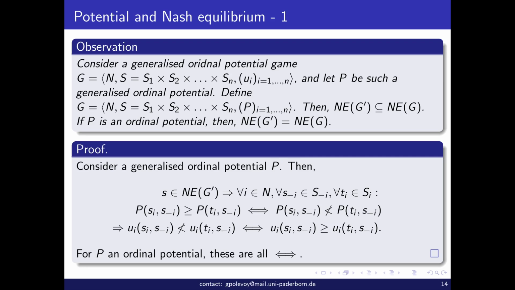So consider a generalized ordinal potential. Then if you have an equilibrium in the game where we have replaced the utility functions with the potential function, then by the definition of an equilibrium, it means that for each player, for each strategy profile of the other players, and for each strategy to which this player can change,